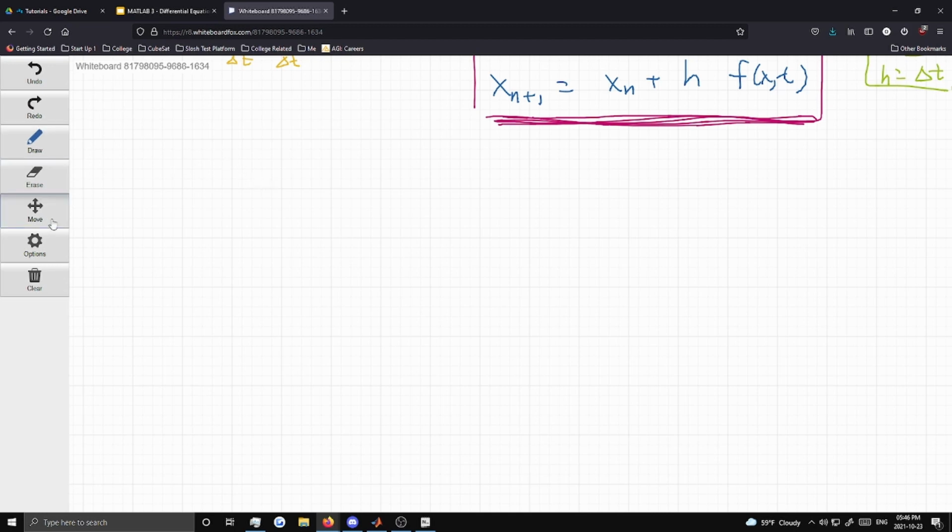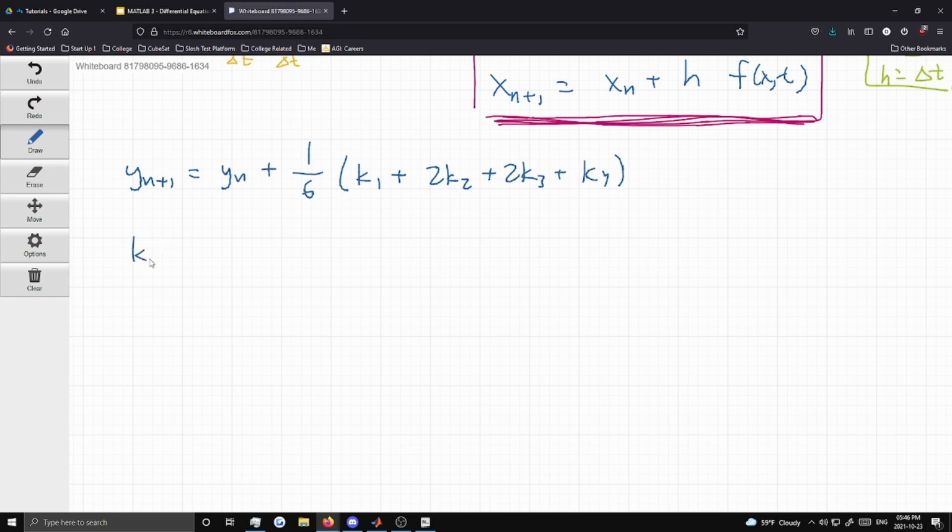But using the same definitions as before, this is our Euler's method. Runge-Kutta is defined as such, and there's no way I can remember this off the top of my head. Once again, this is not my field of interest per se, but I think it would be a bit of an injustice if I didn't mention it. So this is the formula for Runge-Kutta, and then each of these coefficients is actually